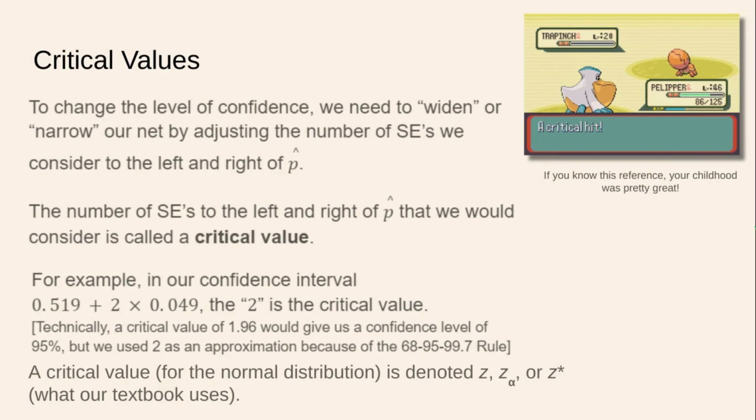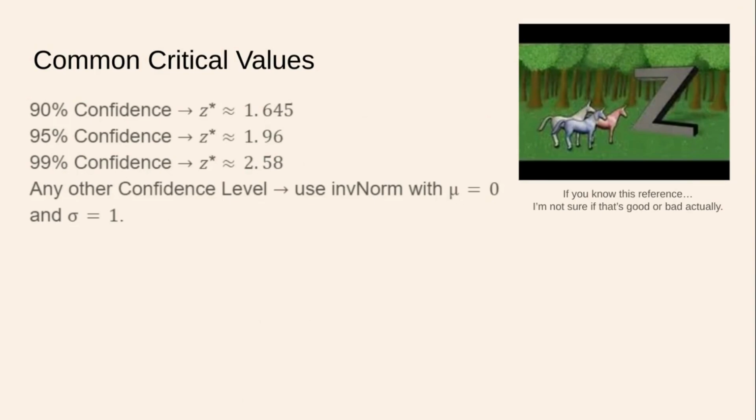Here are some common critical values for 90% confidence for the examples we've been referring to involving the normal model. Z star is equal to about 1.645, all right? For 95% confidence, Z star is equal to 1.96. Again, 95% of the area under the bell curve is about 2 standard deviations to the left and right of the mean. You've known that since the very beginning of the year. 99% confidence, Z star is equal to 2.58. That's pretty far out on the bell curve, but if you want to be 99% confident, you need a really